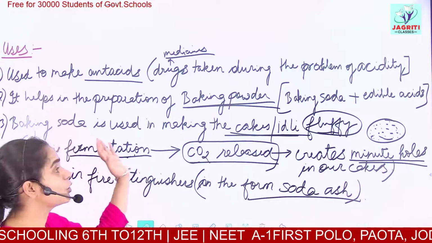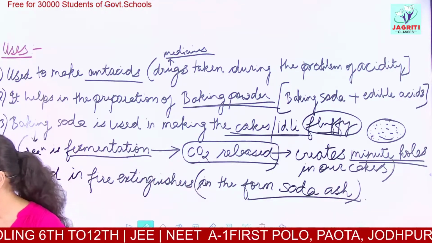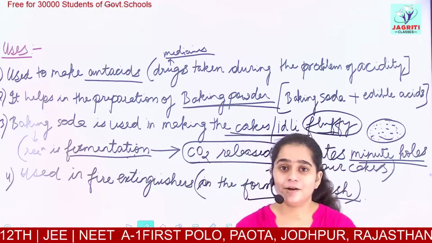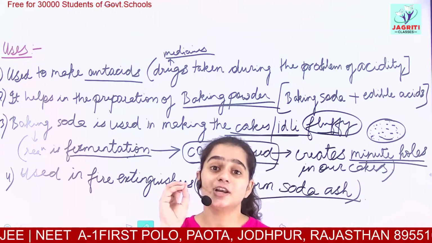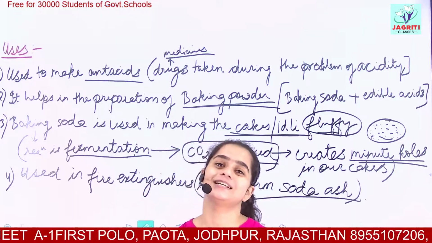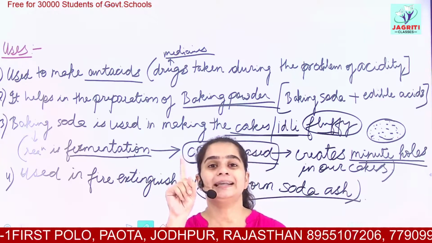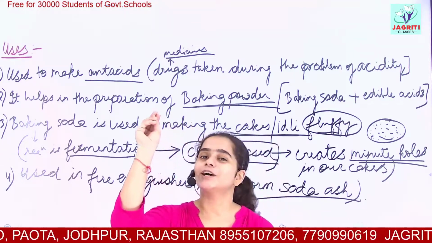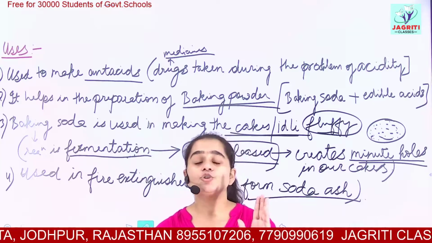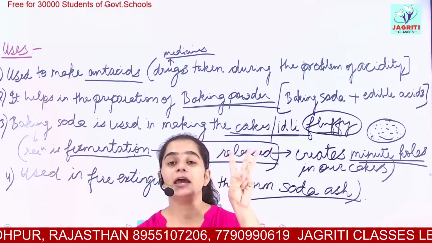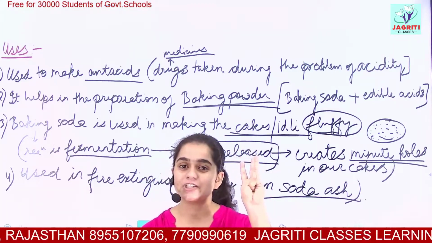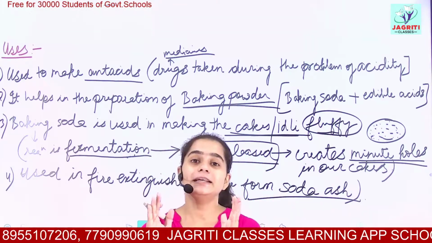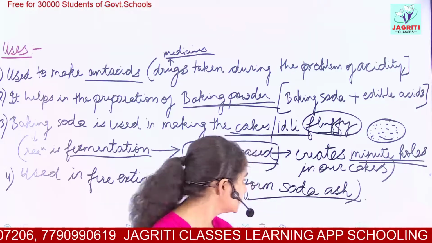So this is the whole account of baking soda. I hope you understood this. We have discussed, as usual, the general points we are taking into consideration: first point is chemical formula, then the chemical name of the compound, then how the compound is prepared, the preparation reaction, and the last is its uses. Okay, so this completes your chemical compounds.